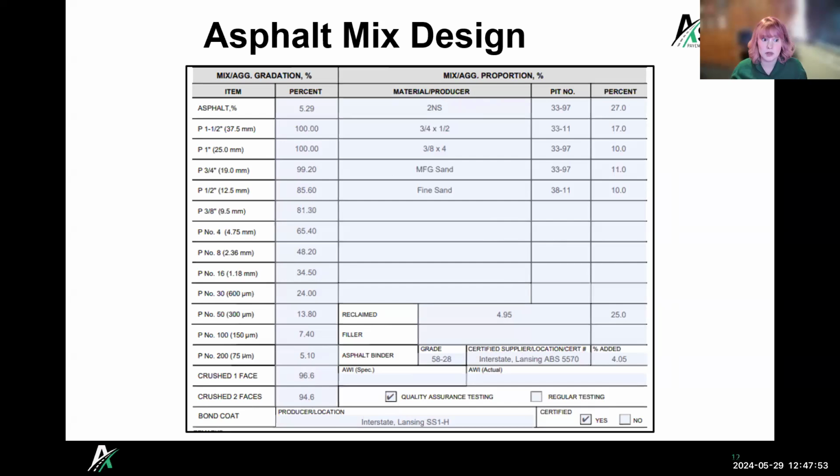And in terms of performance, you've got your asphalt mix design, but then also how it's placed, how it's compacted, how the pavement itself is maintained. So your mix design is one piece of the puzzle in terms of performance. I always tell people I can have the most perfectly designed mix, the most perfectly made mix, and if I don't compact it properly out in the field, it may not perform. So it's a whole process with checks and balances along the way, making sure you're using best practices in order to get that good performance.